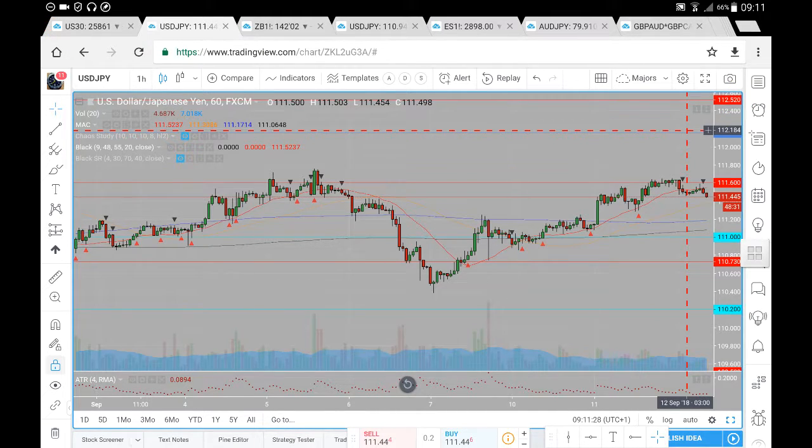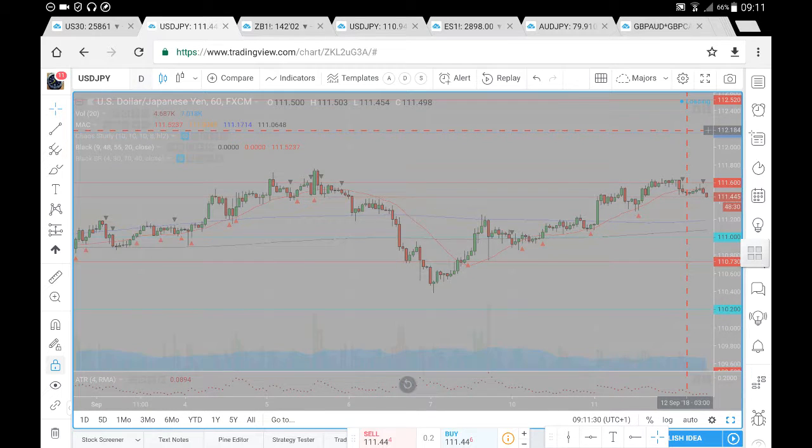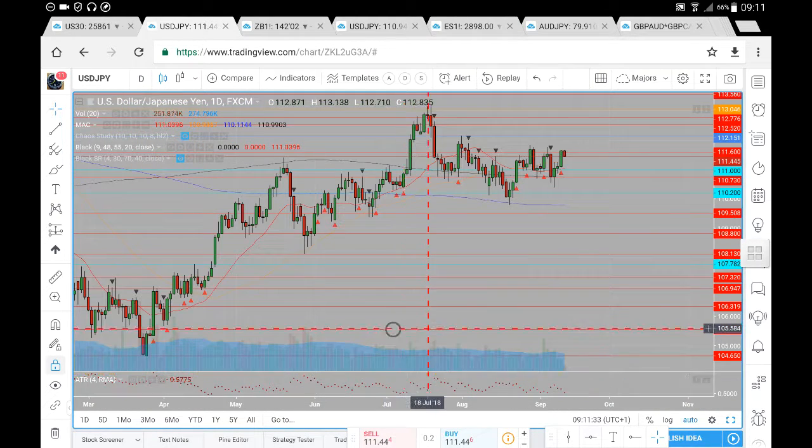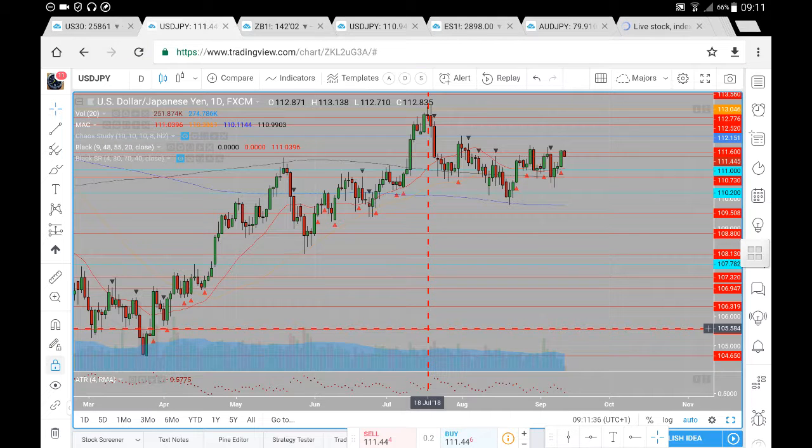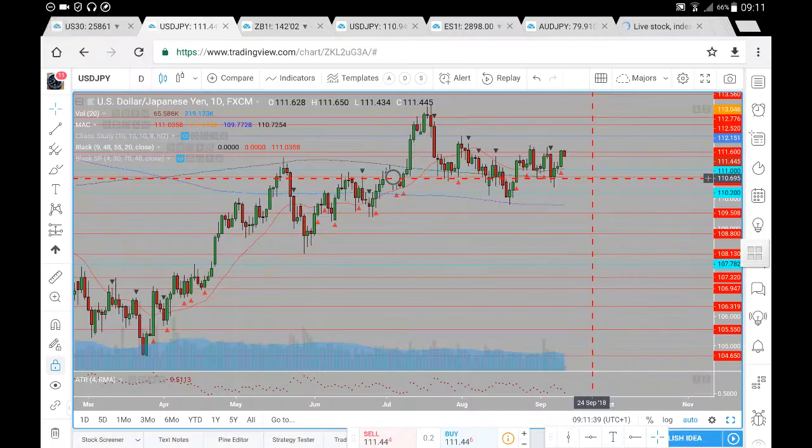What we'll do now is have a look here at the daily chart to see how prices are developing. So here on the US dollar Japanese yen, we can see we've come down towards this 109.80, where we do have the 200 period moving average. Pretty sharp reaction here to the upside, brief pullback, held support around that 111, saw this acceleration through the 1160,